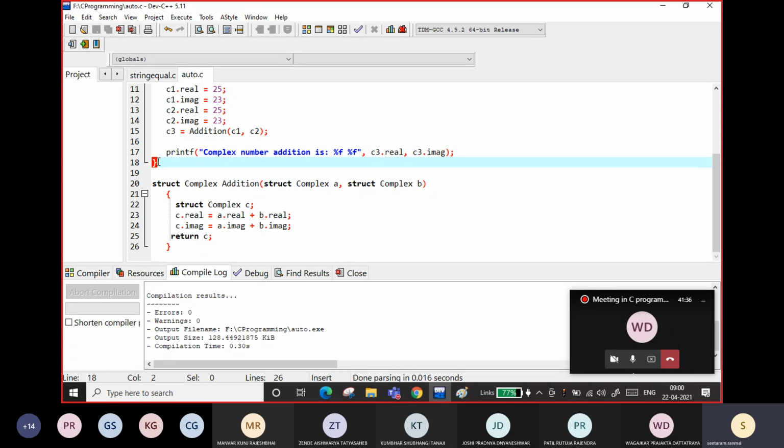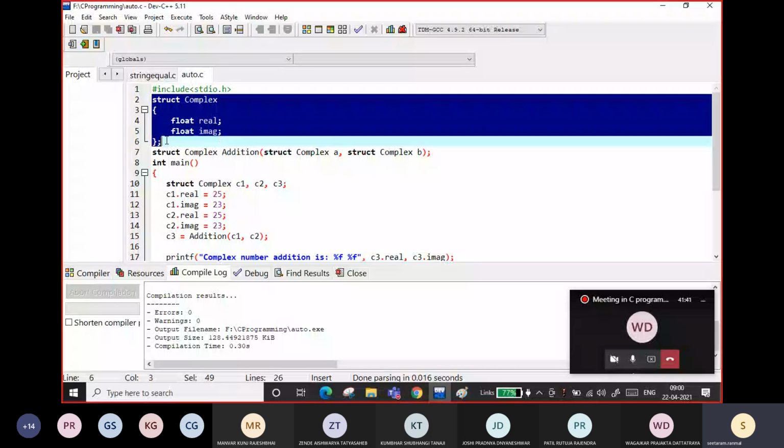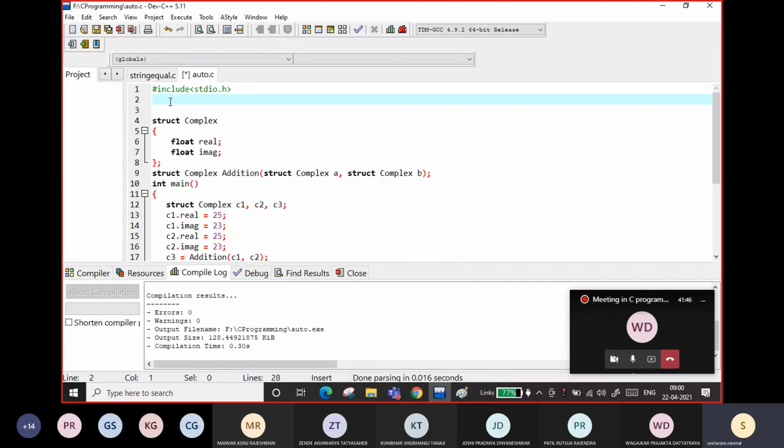Similarly, we will just see some of the structures, like how we can define the structure. So let us define here. One more thing, in one program you can define as many structures as you want. It is not necessary that one program contains only one type of structure. You can define whatever you require. So struct, suppose you want to define a point.